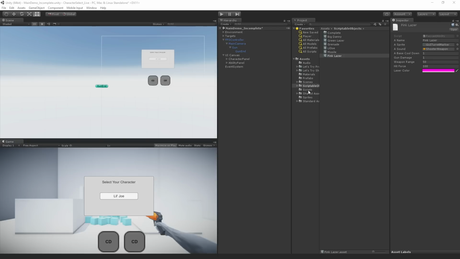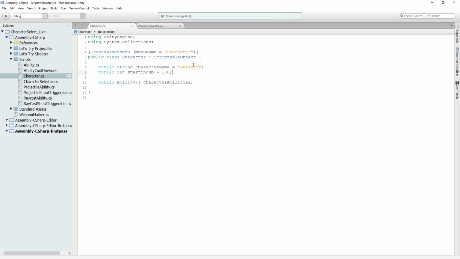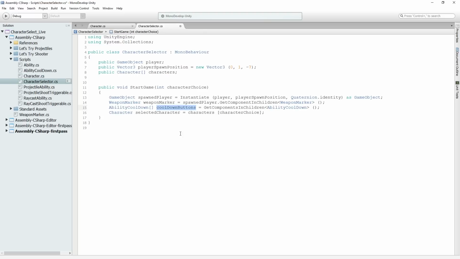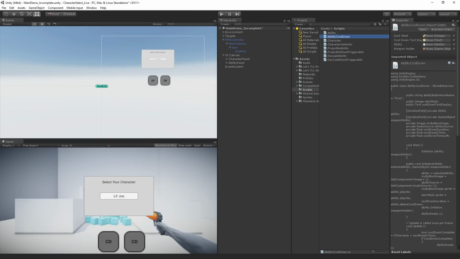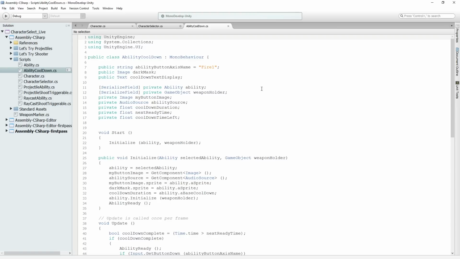Let's take a look at the AbilityCooldown script. So we're going from CharacterSelector, we are going to get a reference to all of the AbilityCooldown scripts attached to the canvas and initialize them, right? And so let's take a look at what is happening when we do that. If we open the AbilityCooldown script, we will see that we have a public string for what fire button is going to trigger it, a public reference to the mask, the text